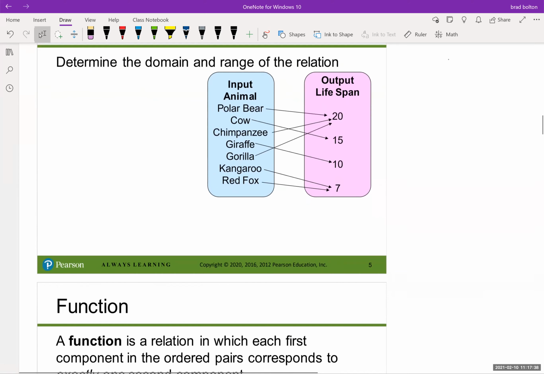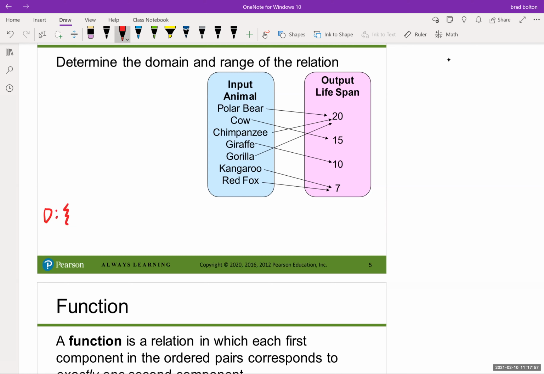Let's look at example 3, determine the domain and range of a relation. So again, this is not just numbers now. Now we're talking about animals, okay, and lifespans, okay? So what I'm gonna do is I'm gonna talk about the domain,